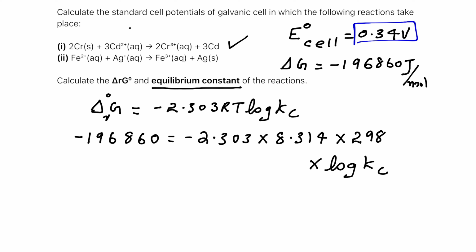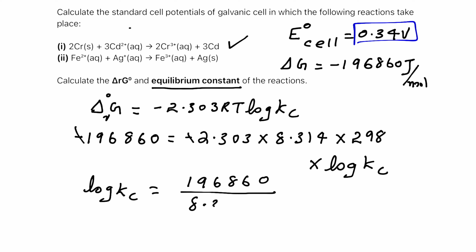Now we are supposed to make the equation for log Kc, right? So what is that? Log Kc is equal to minus, you can cut. So 196860 by 8.314 into 298. This you have to calculate, into 2.303. I forgot to write that. Sorry. Now on dividing and multiplication, you will be getting like